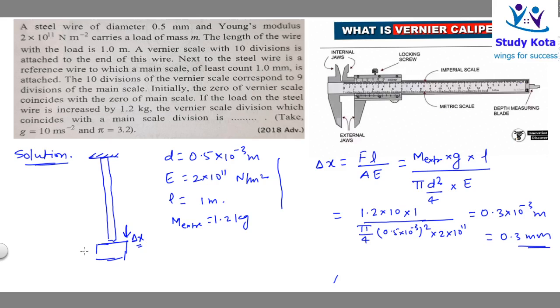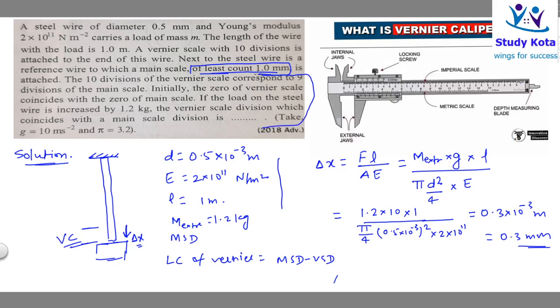This is the vernier caliper we have set here. The vernier caliper is set here, and they are asking you what it reads. Okay. So first we need to know the least count of the vernier. So least count of vernier is given by MSD minus VSD. MSD has been given. Where is MSD? This is MSD. Okay. So MSD is 1 mm, you can write 1 mm, and there is also some information about it given.